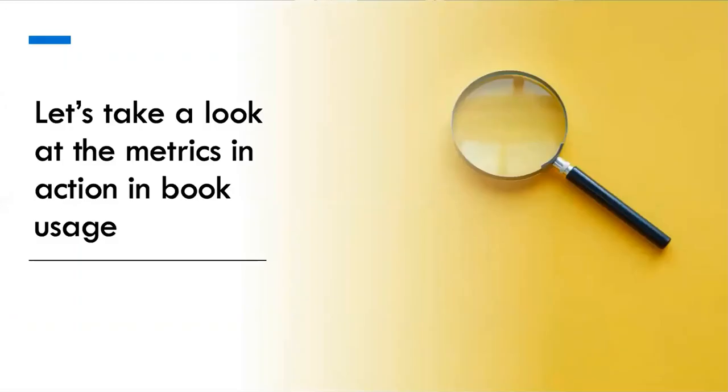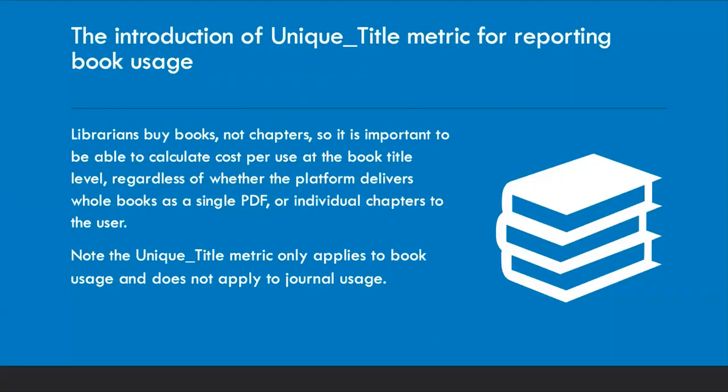The other area that we wanted to talk about and take a look at is the metrics used for books. Again, one of the community concerns was some publishers provide access to ebooks at chapter or section levels, and others provide it just as a single total book download. And are we really accounting for the same things between the two differences? And how can we get at looking at the same counts regardless of what the platform is?